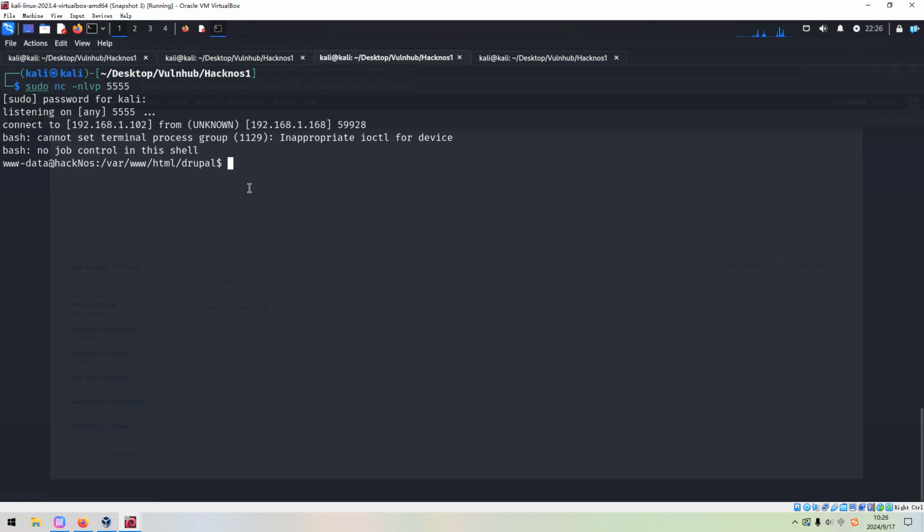So not so difficult at all. And we can go to the home directory. Also, if you want, you can spawn a more interactive shell, and then you can do local enumeration to elevate privileges, which is not what I'm going to do now, because I've already covered this part in the previous video. Okay, so that's all I'd like to do in this video.